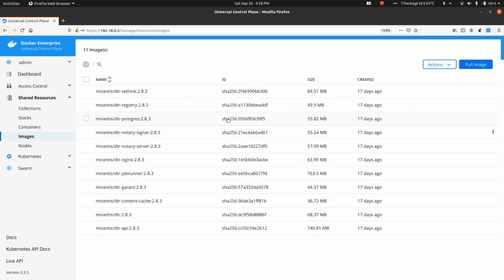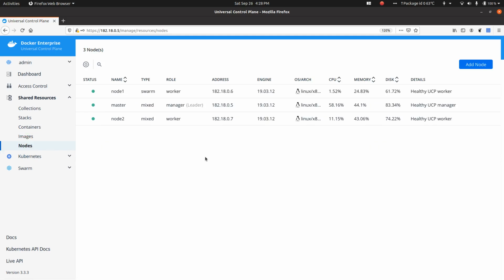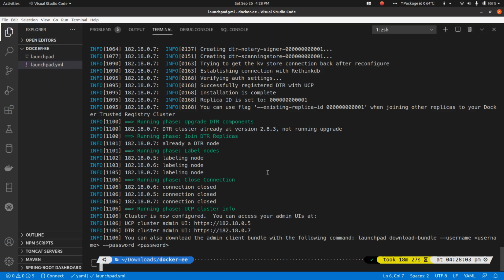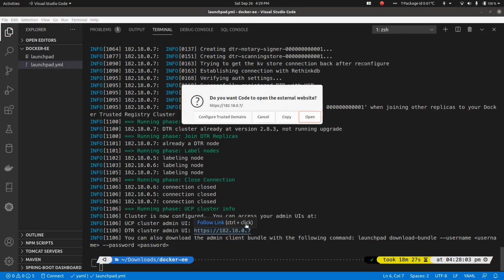How many container images you have, you will see all these are system container images which are part of the Docker setup itself. Now all these images actually are for DTR, Docker Trusted Registry, the one that we have started installing right now. And finally we have got these many nodes. If I now go back and check, you will see, oh yeah, that's good, setup is already completed now. So this is the web UI, and by the way, in case you want DTR, this is the URL for DTR.